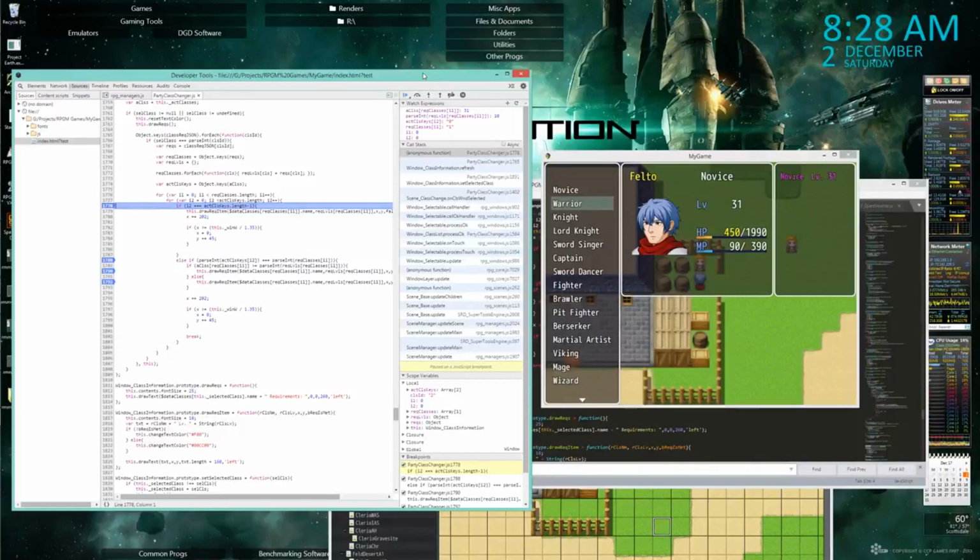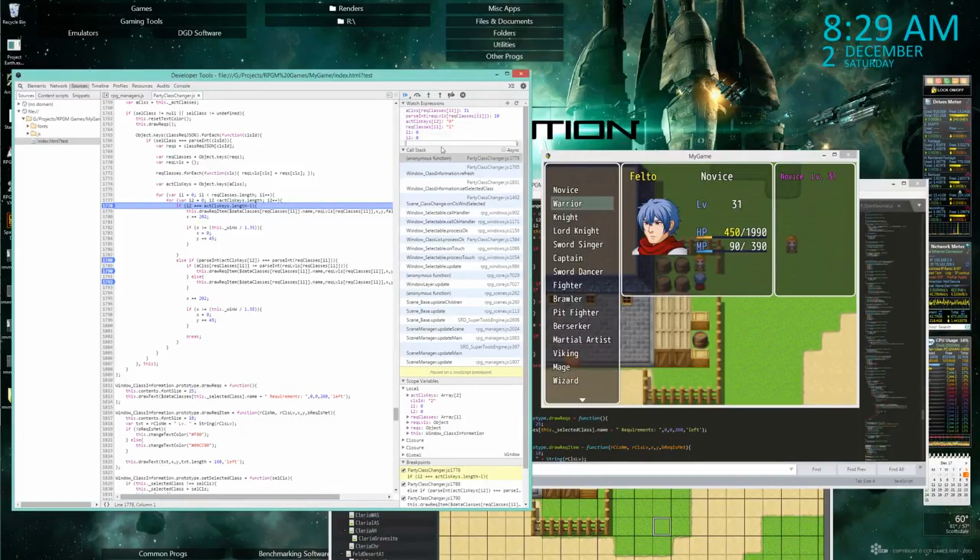So they're both zeros. 9, 1, 2. Iterators are 0. Our first key and actor keys, well, actor or class keys, is 0. What's the length of